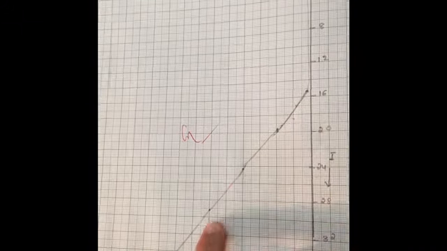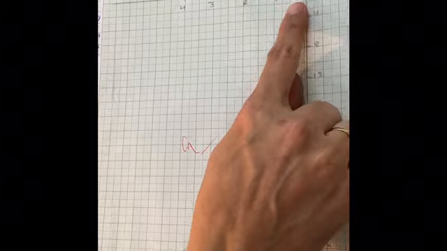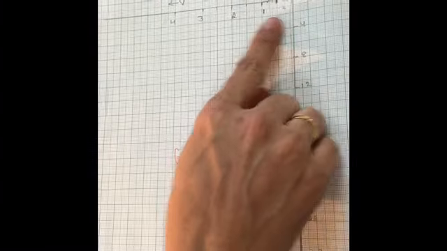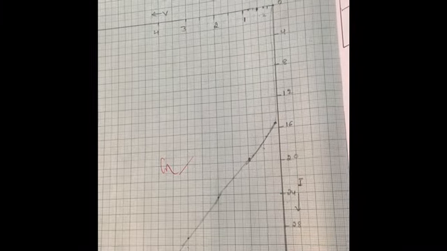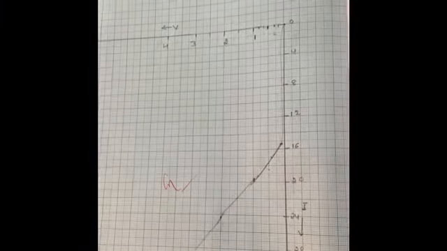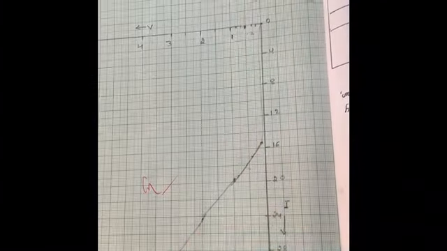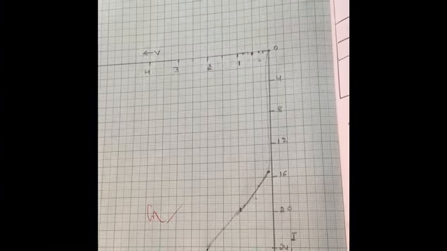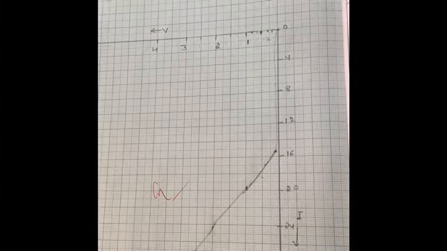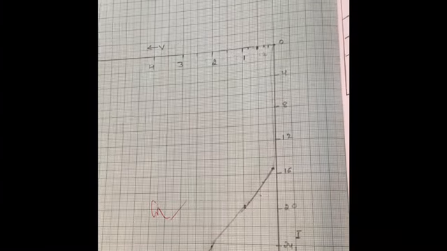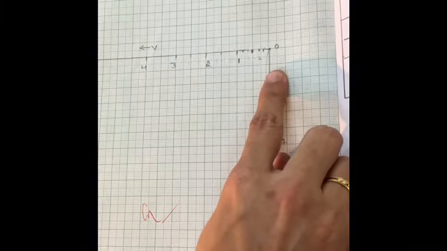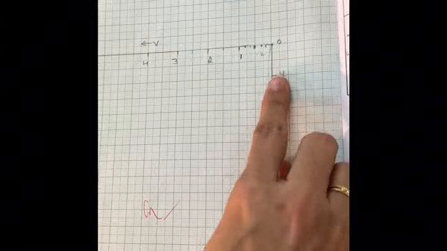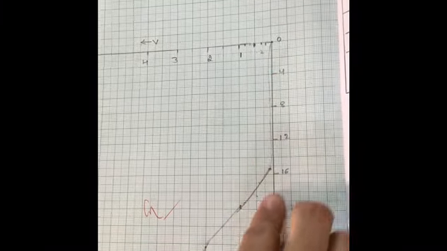The graph will look like this. You can plot voltage along the x-axis and the current along the y-axis, that is in the third quadrant, and show the variation of voltage versus current as in this graph. You can take a suitable scale, say 0.5 volts for 1 centimeter, and 2, 4, 6, 8 or 5, 10, 15, 20 like that for the y-axis, and plot the graph.